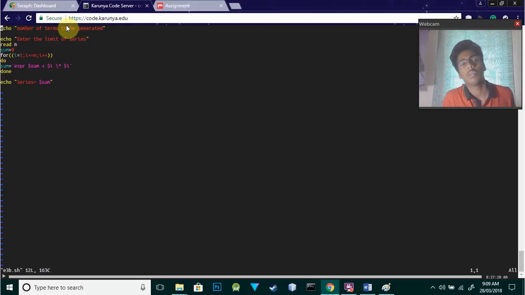So we'll show the number of terms to be generated, and then the limit of the series. We'll take the input and run a for loop, for i equals 1 till the number the user has set, and we'll do sum equals expr sum plus i. The value of i will run from 1 to the number of terms, and we multiply it with i to get the square, and every time it runs it will be 1 plus 1 into 1, plus 2, like that. It will be squared every time and summed again,